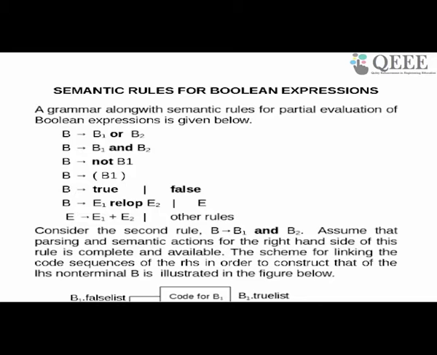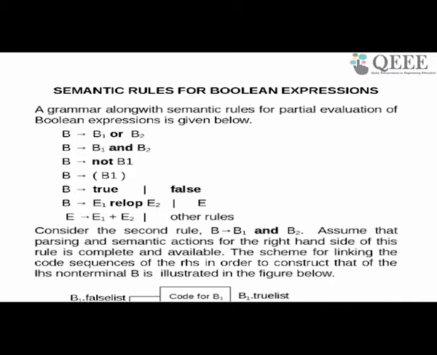So the first two rules are when you connect two Boolean expressions with an or an and, which are two very standard Boolean operators. Ignoring not, the more important rules for partial evaluation are this relop. Okay, if you get a relop, which means a greater than b, a equal to b, a not equal to b, and so on, then what sort of code do I generate?